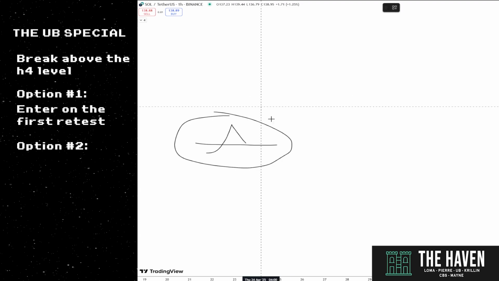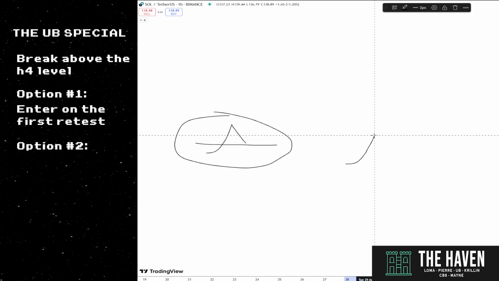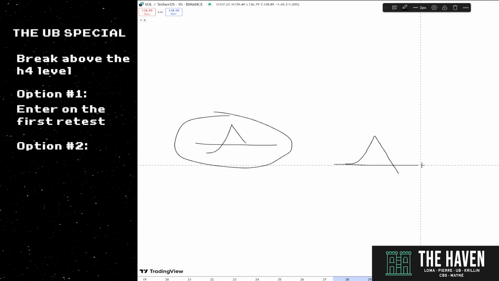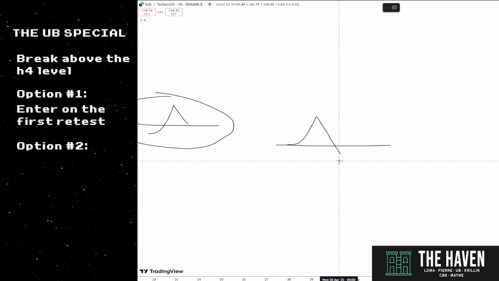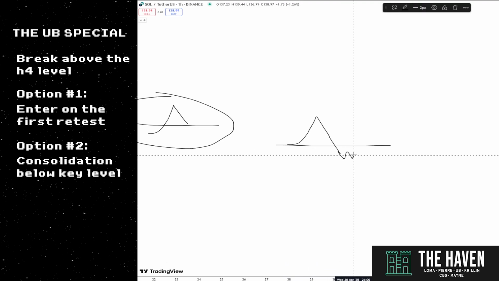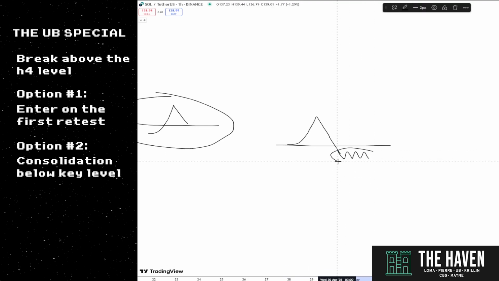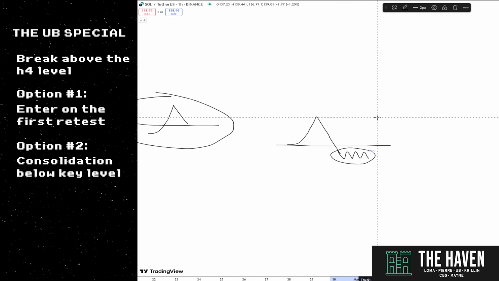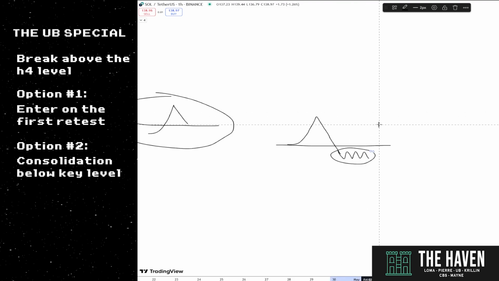Fine. Attempt number 2, price has broken above the H4 level. Price has lost the H4 level again. Here's the H4 level. Now what happens here on the hourly time frame is very, very notable. Is there going to be consolidation below this level? If there's consolidation below the level, that is extremely, extremely interesting, and you should be following every second of this